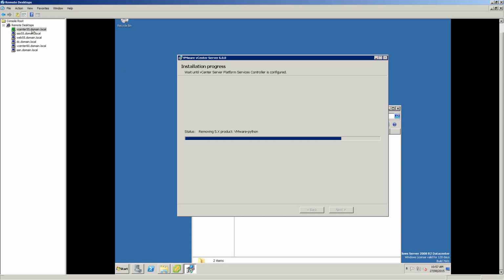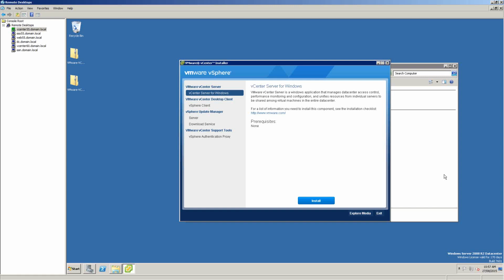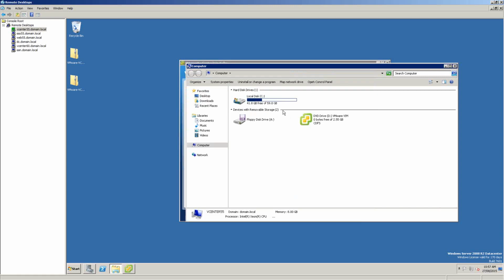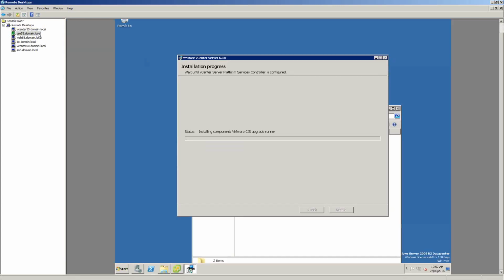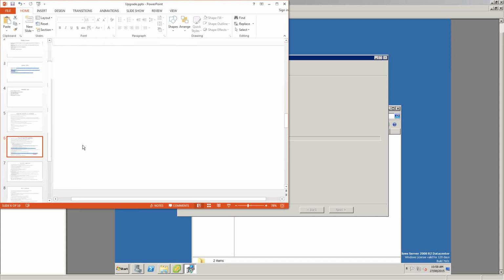In the meantime, I will get my vCenter server ready. So that's my vCenter server. And I think this requires a minimum of 37 gig free space. When I was doing it last, I was running out of space, and it threw me an error saying it required 37 gig free space. Got 41, that should be enough for it. So here you go, it's installing the various components. This may take a little while, so we might as well get cracking on the rest of the stuff.